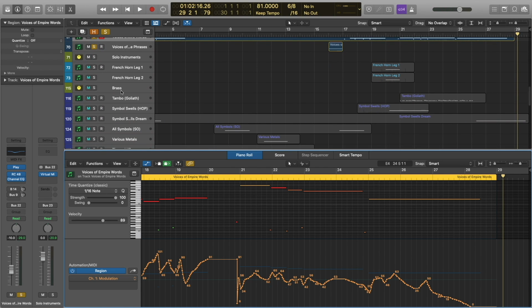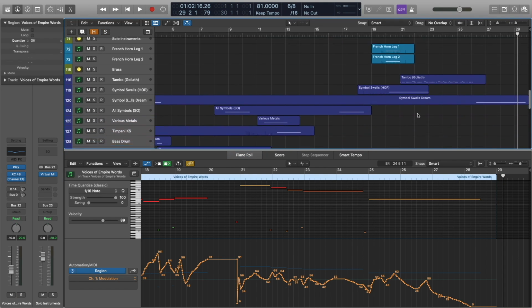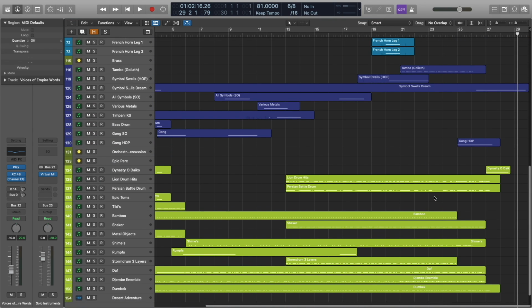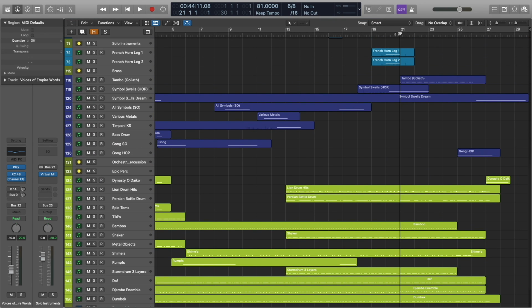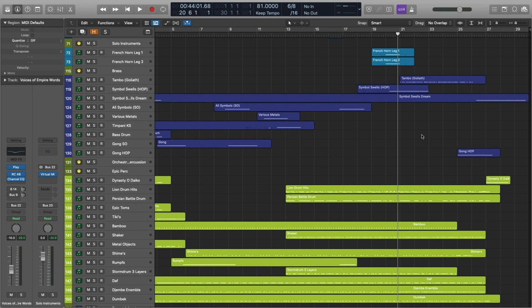Okay, and finally, we are going to just unsolo everything because we are now into the percussion. And there is quite a bit going on here, so let's go ahead and just play it all together, and then I'll break down the percussion for you. Notice this gong hit. The cymbal swell into that last note.